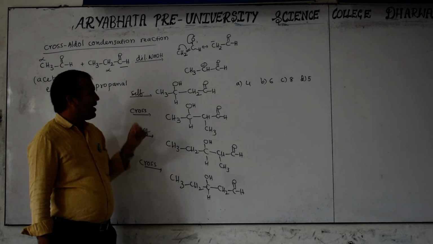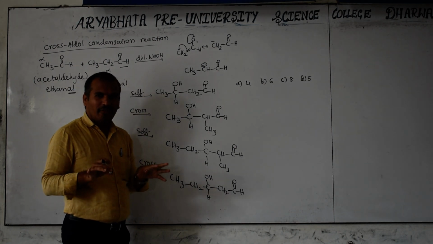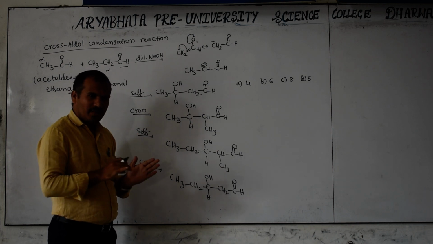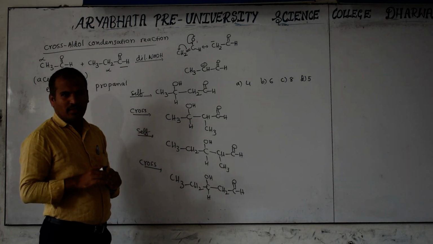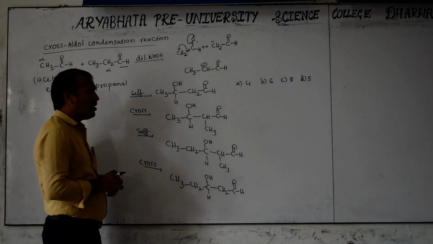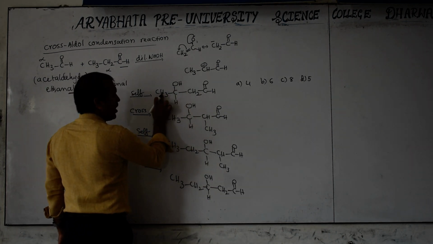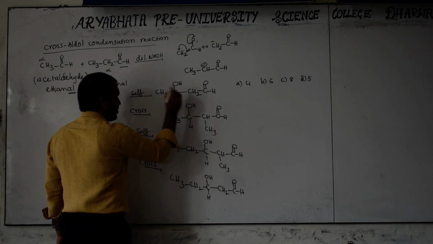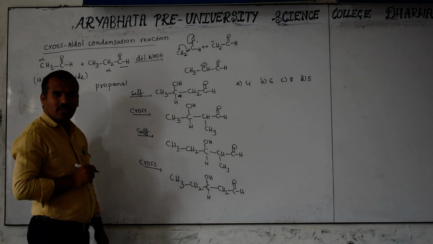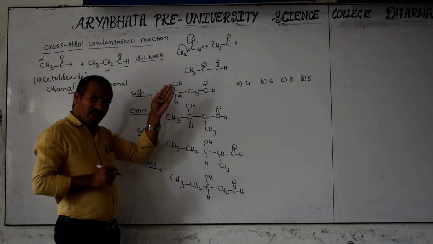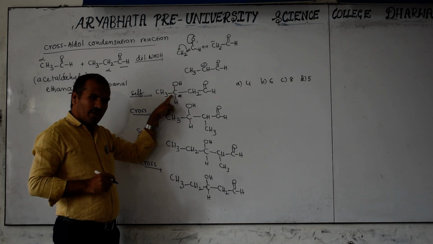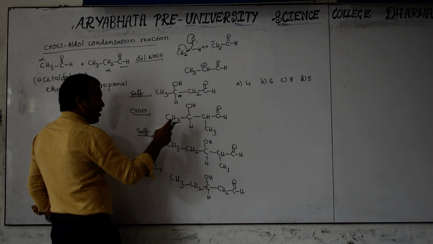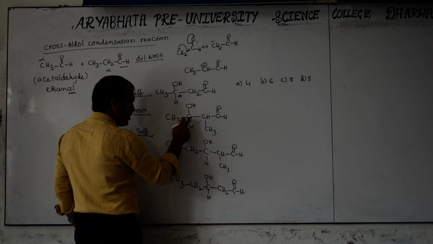This is not correct. The reason is we have to find out whether a chiral carbon is present anywhere or not. If a chiral carbon is present, its mirror image will also be present. That also we have to count. Now 1, 2, 3, these 4 groups are different. It means a chiral carbon is present here. Yes sir? This is there, its mirror image is also there. This we counted, but its mirror image was not counted. So 1 extra is there. Now we can just observe 1, 2, 3, and 3.